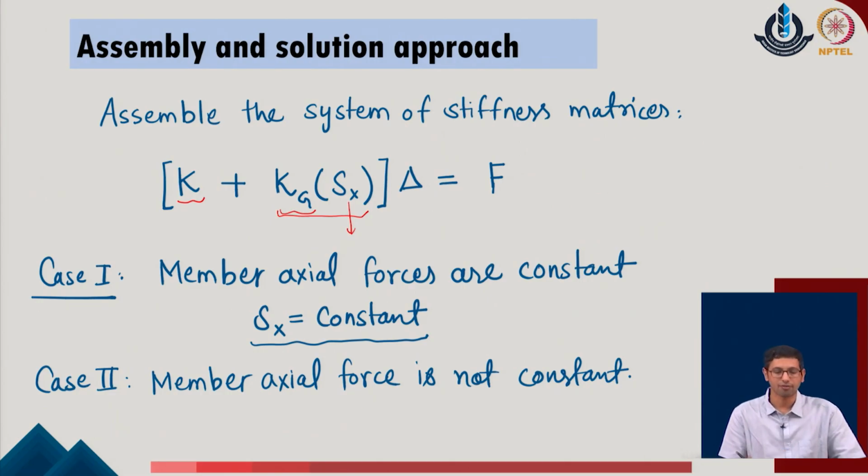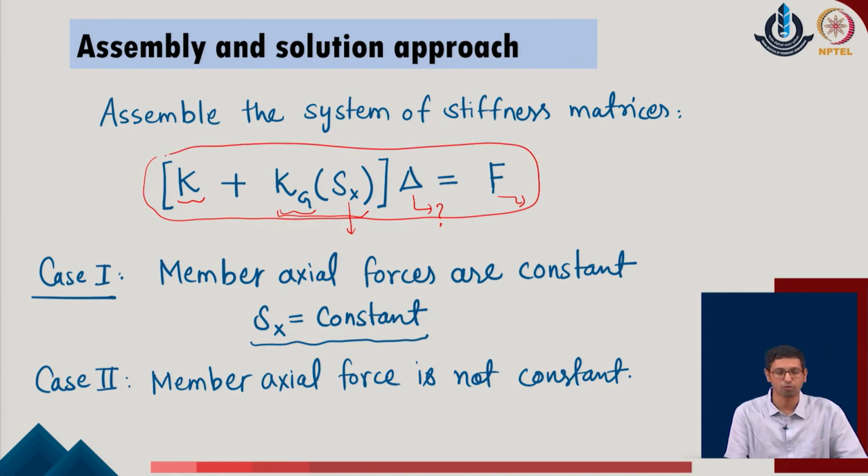Now with this idea we have an equation in which the stiffness matrix and the geometrical stiffness matrix are known to us, delta is not known, and the force can be defined based upon the external loads identified in the given problem. The question comes: how do we solve this multi degree of freedom system, because now we have more than one degree of freedom. One easier way is when the member forces are constant. This is what we did in the previous case, where we kept updating the system by considering that the member force does not change. Even if the system has undergone some deformation, the member force remains the same, defined as the initial value of 500 kilonewton.